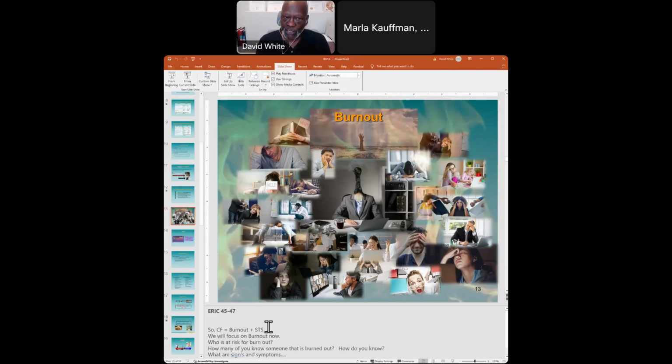Secondary traumatic stress is relational in that it comes from your relationship with your clients and your coworkers. Burnout is looking more at what's the environment that you're in. How are the people? What are the expectations of you from your supervisors, from the people at work? It's not necessarily different symptoms, but the cause of the symptoms has shifted a little bit from your clients to the actual work environment.